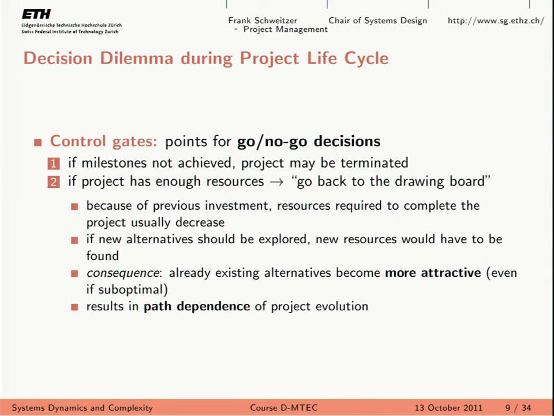If you have to explore new alternatives, that would cost even more money. However, if you just say, well, let's go back and take one of the solution candidates that we had before, this would cost you less money compared to what you've already invested, but you would end up with a suboptimal solution. And in these situations, people tend to attribute extra credit to these suboptimal solutions in retrospect. So they go back and think, well, this solution was not that bad after all.